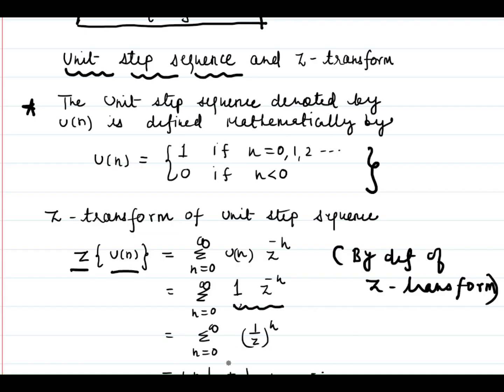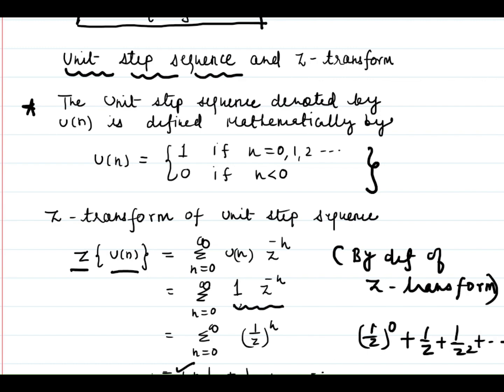So we have written it. Now expand it for n from 0 to infinity. If we put n equals 0, we know 1 upon z to the power 0 equals 1. So write here 1. Then n equals 1 gives 1 by z. When n equals 2, this is 1 upon z the whole square, we can write z square, and so on.